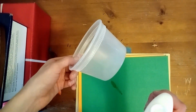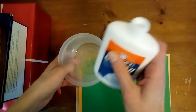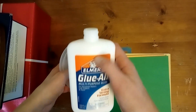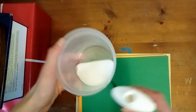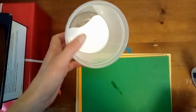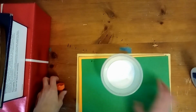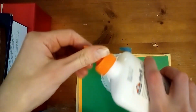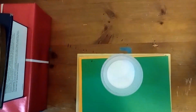So what you're going to do, you're going to take your container for your mixing, you're going to open up your glue, and I'm going to use like maybe a third of this bottle, maybe not even quite that much. Just get a good amount of glue out. So if I hold it this way, that's about how much glue I have. Maybe like an ounce or two, because we don't want to waste too much. Then